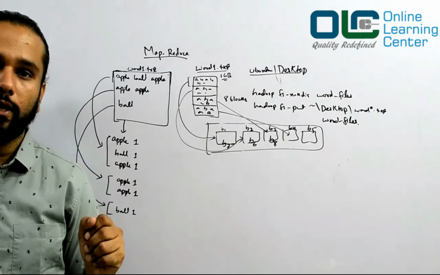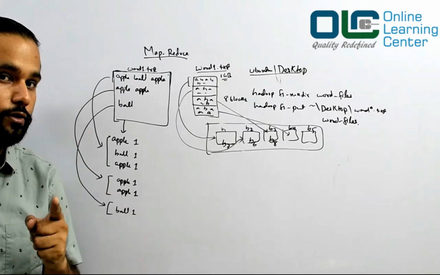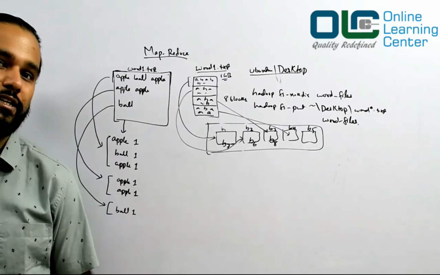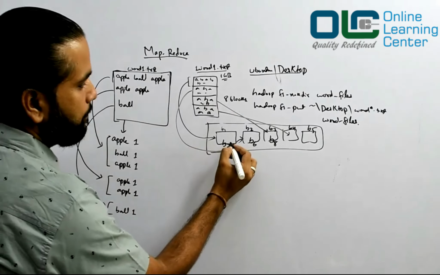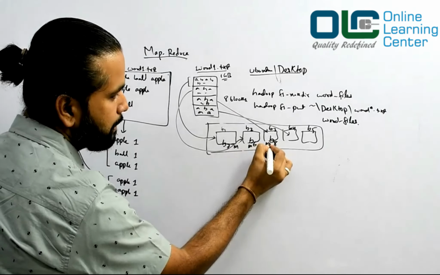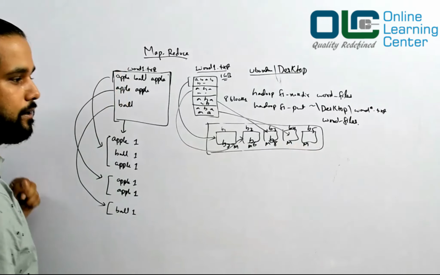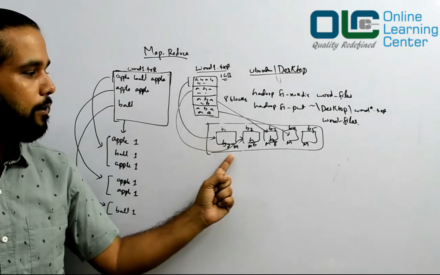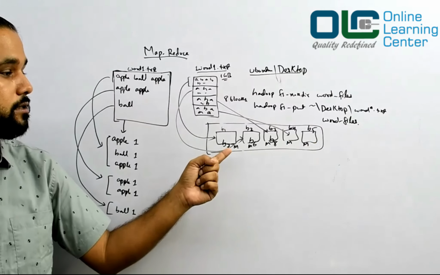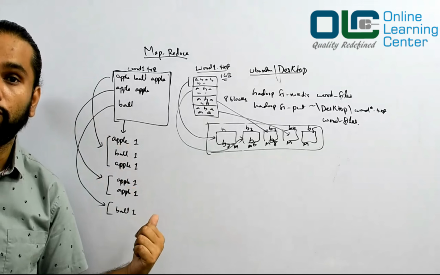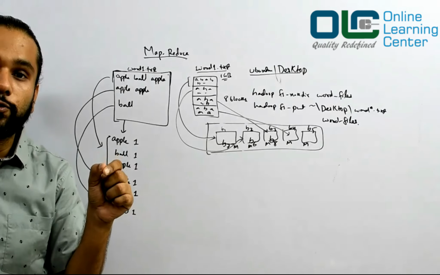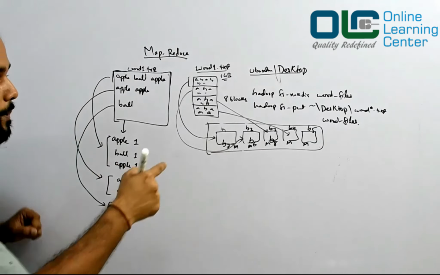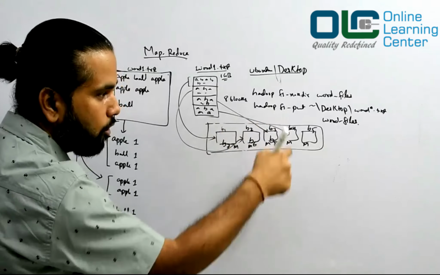Now, when you run your mapper code, if you remember, I told you that anytime you run your MapReduce job, your business logic travels to the data. Can I say that my mapper code is here, here, here, here, here? Of course, the reducer code would also be there, but let us just stick to the mapper now. It will start processing that logic: take each line, split them, and for each word, emit apple 1, ball 1, apple 1, ball 1. That would be done here, here, here, here, here, for all these blocks.